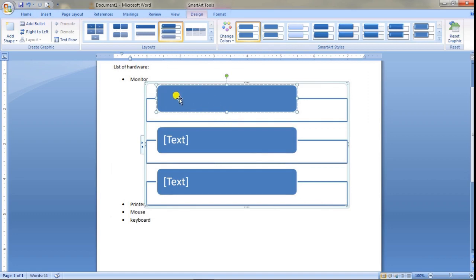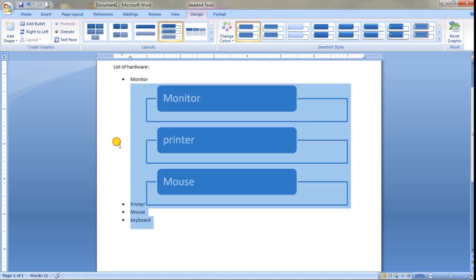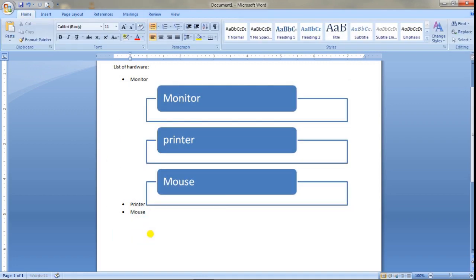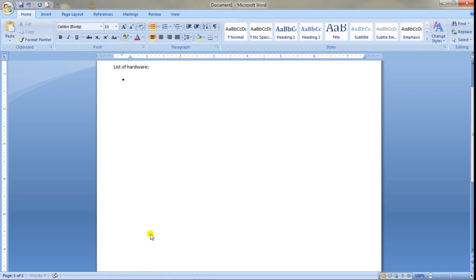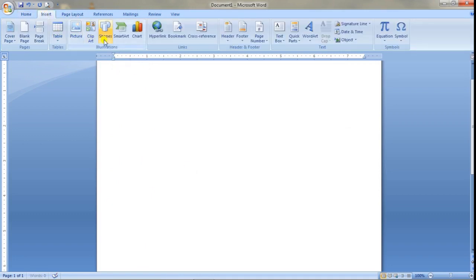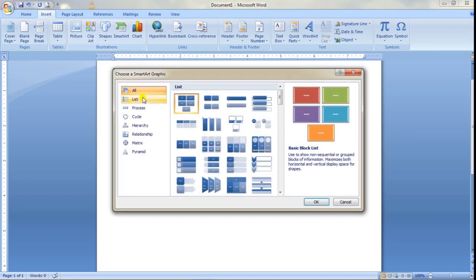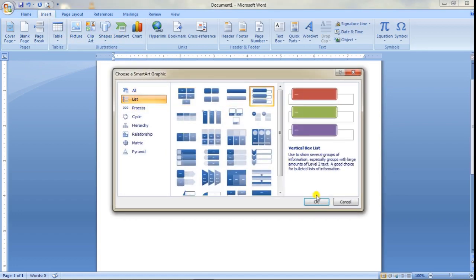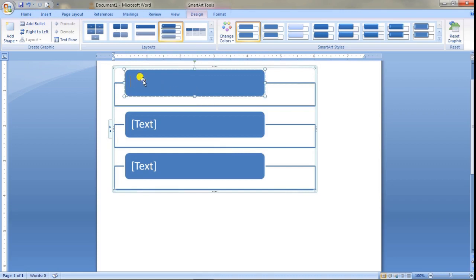Now here I will write monitor, printer. As my cursor was here, that's why it came in between. Sorry for that. So let me just delete these from the background. See, that also has gone. So let me show it again. Insert, SmartArt, from the list take this one. Okay, and